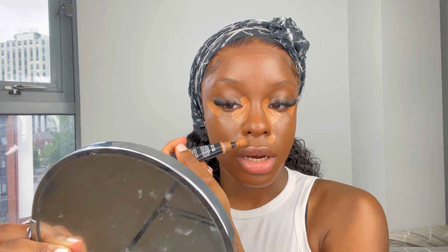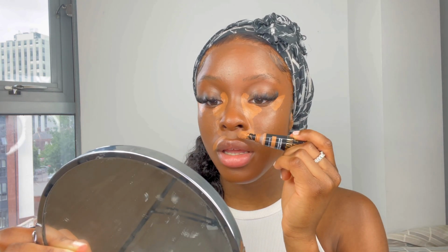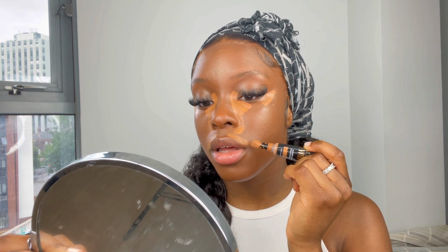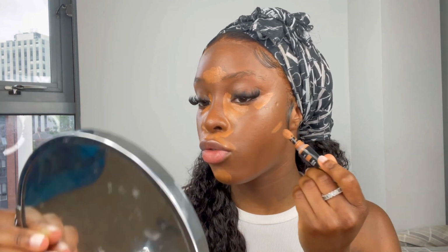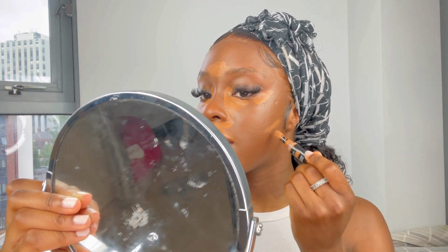Like, my lips don't really have much definition. I like to then go around my lips. I go around it carefully just to create a desired shape and just to highlight it a bit more. I also like to do the reverse contour, where I add a little bit on here, and I feel like that just creates a really nice